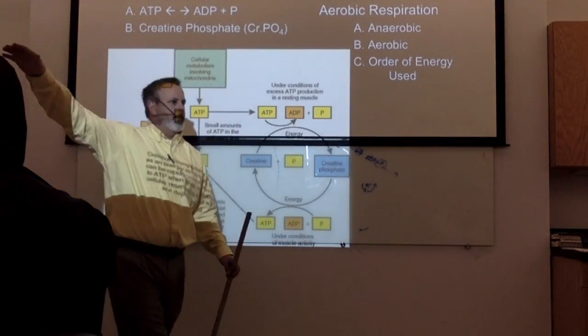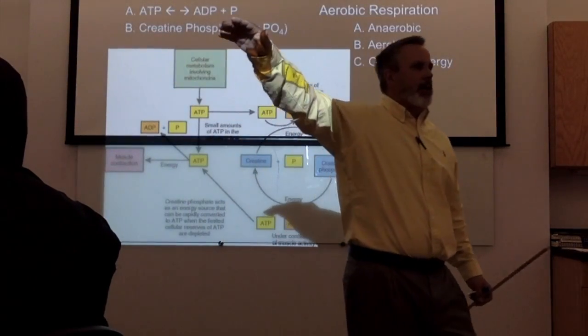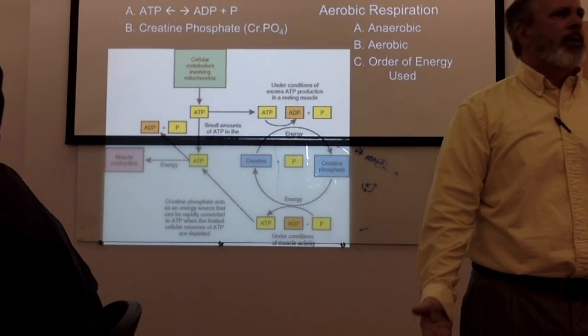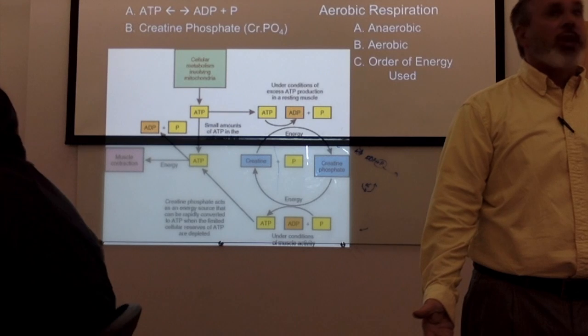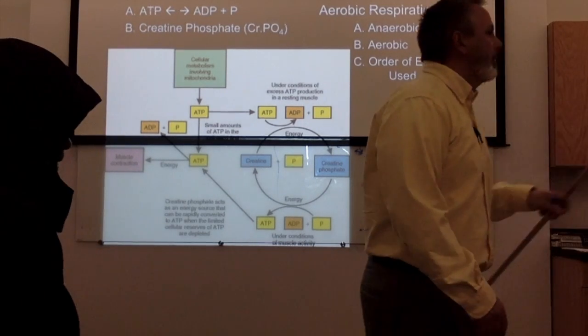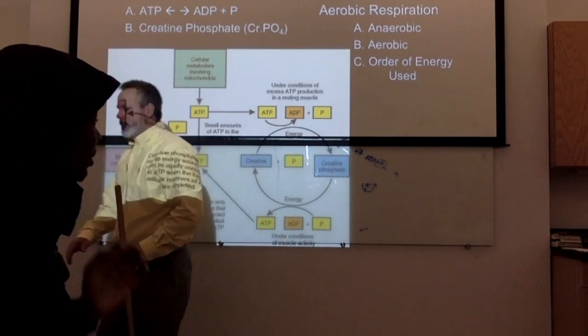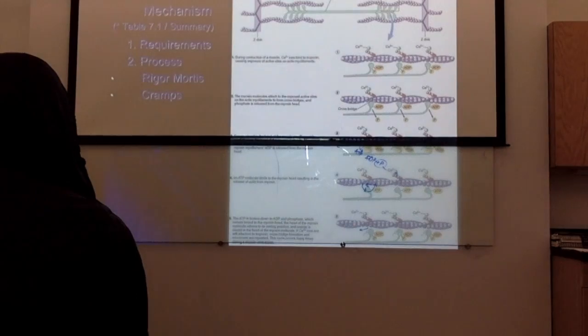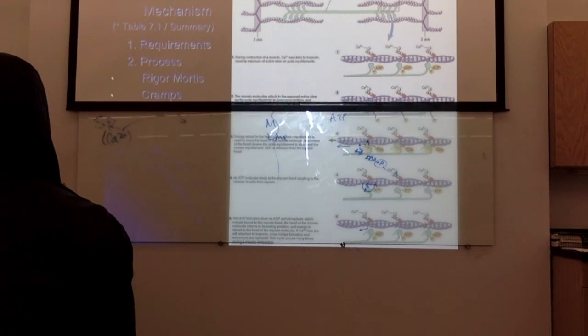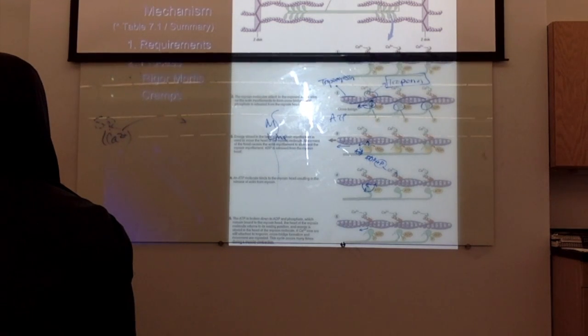So what has to happen for your muscle to relax? My deltoid is contracting, and I relax it. What do you have to do first? To let go, you've got to get rid of calcium. The calcium must be actively transported away. Now, so for relaxation,